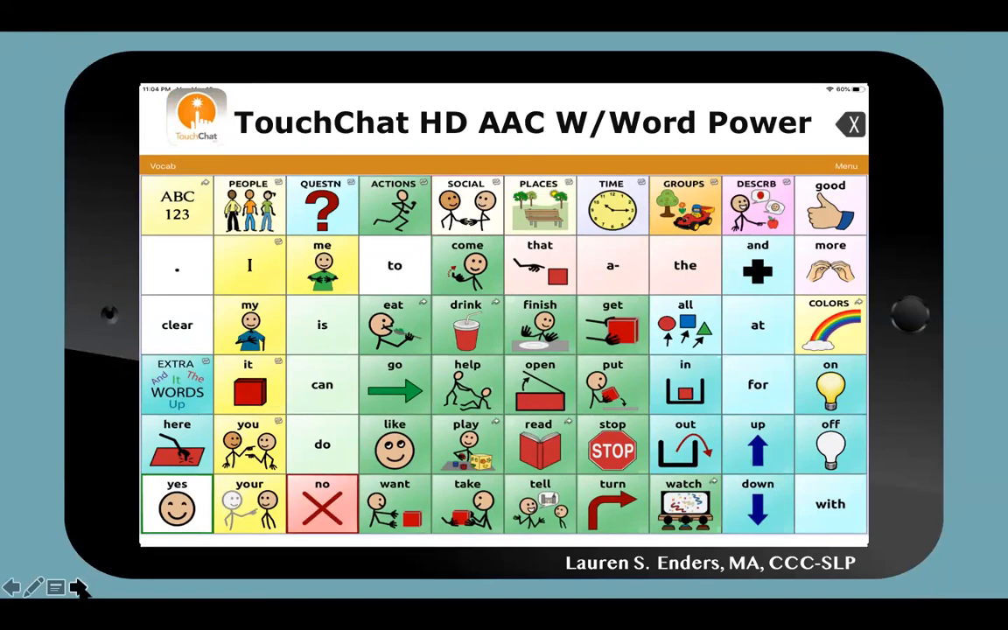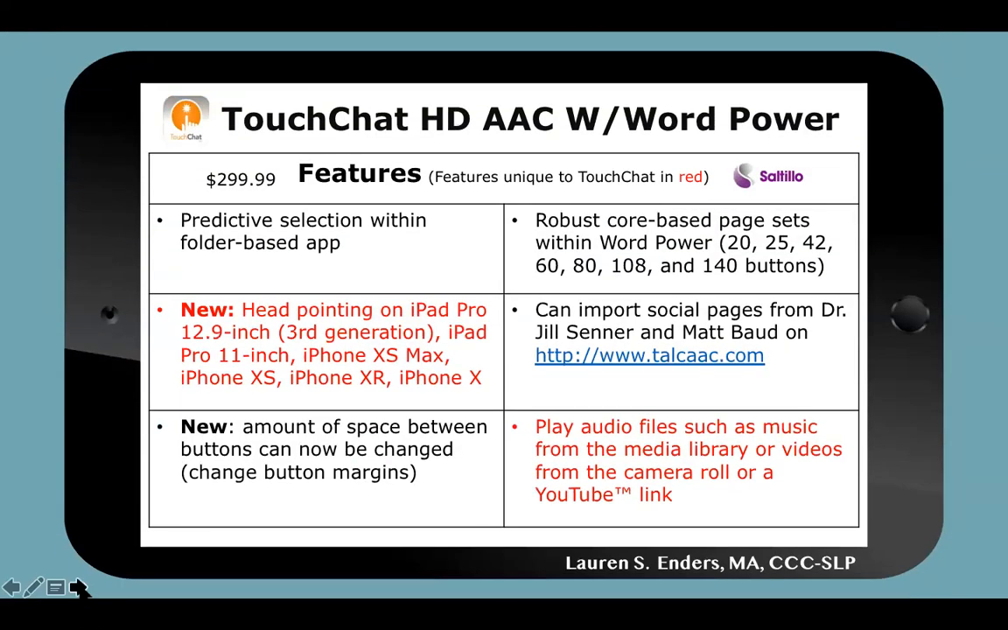So TouchChat. We're going to be talking about TouchChat HD AAC with Word Power. Really, really important that we talk about that Word Power because that's the robust option. It has predictive selection within the app, which kind of forces you through to help you create an utterance. New in TouchChat, which is super exciting with the newer devices,